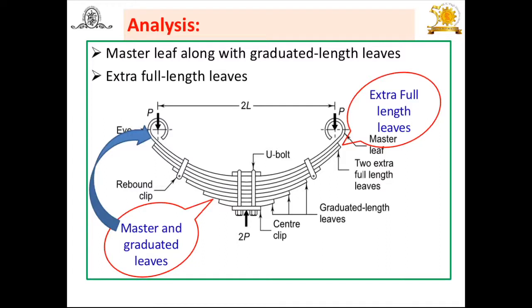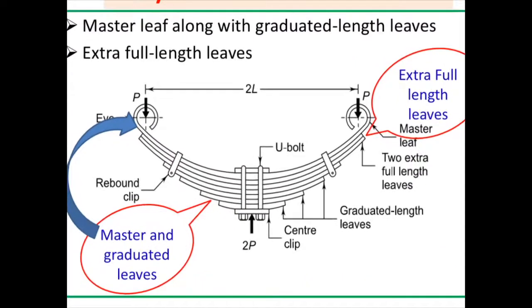Let us see how to design the multi-leaf spring or semi-elliptic leaf spring. Now again look at this diagram. You will find here this is the master leaf. Here the distance is 2L, the cantilever distance. From the midpoint up to this support is L, and on this side L, so the total is 2L. The support takes the load at both ends, P on this side and P on that side, and at the center, 2P.